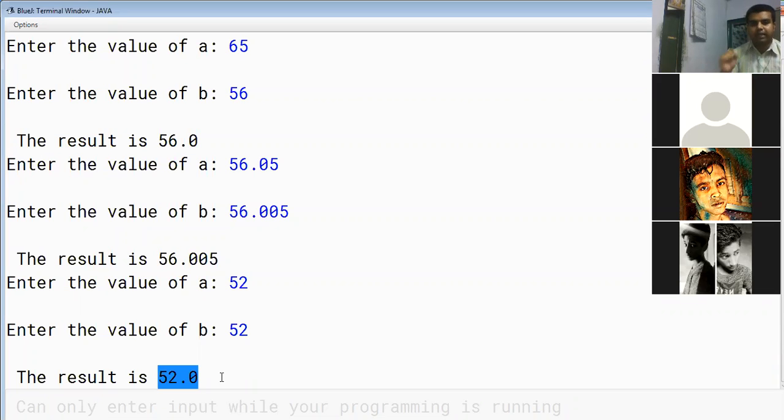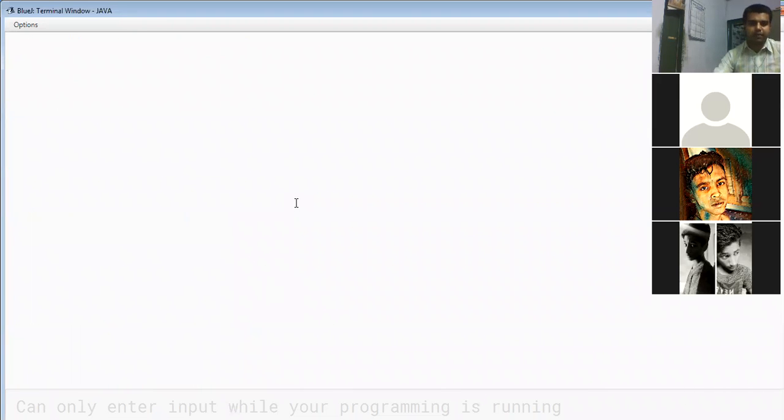But in the case of math.max and math.min, no matter whether the condition is true or false, whatever values you provide, they will be compared and some output will be obtained. If it is math.max, in spite of having equal values, you will get an output, and if it is math.min and you have two similar values, the output will also be obtained. So this is what math.max and math.min do.